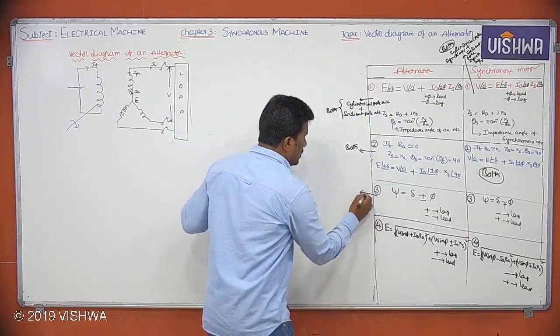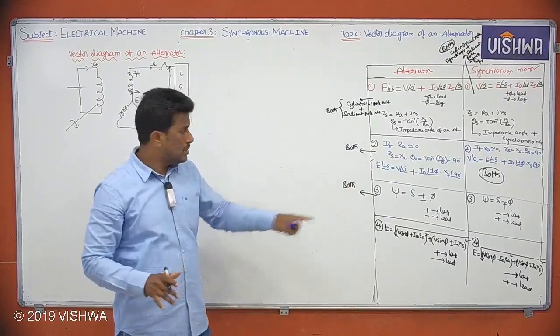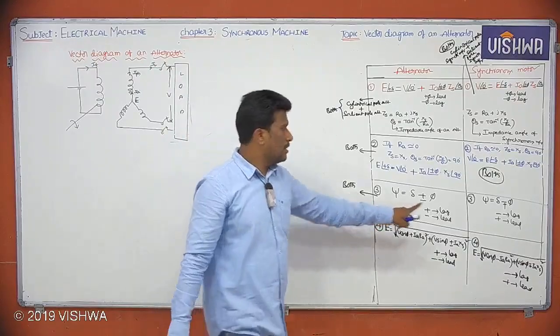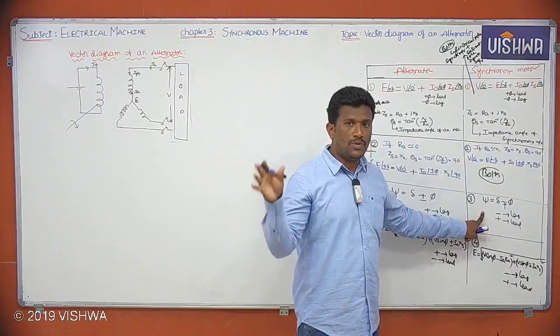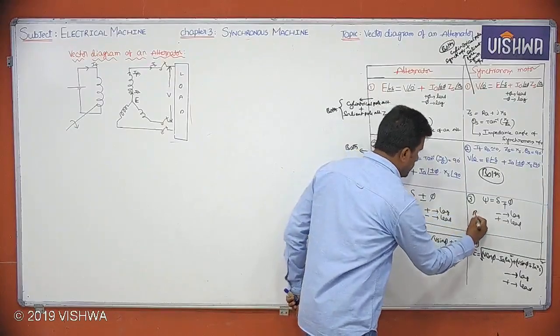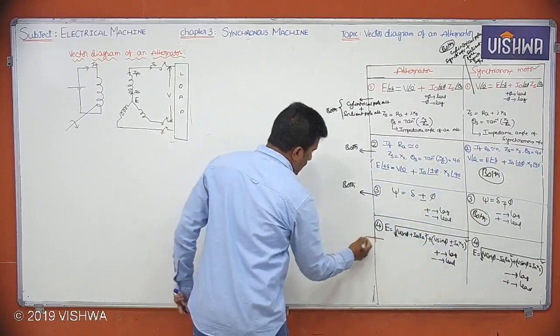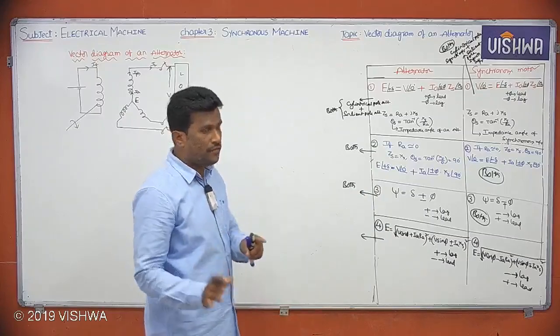This formula is also applicable for both cylindrical pole synchronous generator and salient pole synchronous generator. This formula is applicable for both cylindrical pole synchronous motor and salient pole synchronous motor. So once again, both. This formula is also applicable for both motors. Formula number 4 is there, no? This formula is only valid for